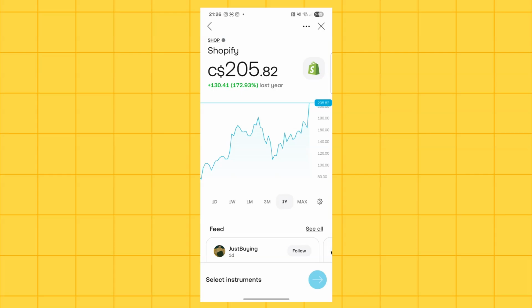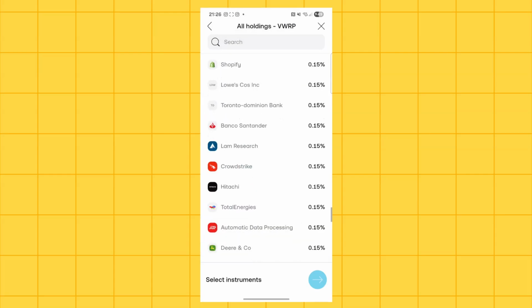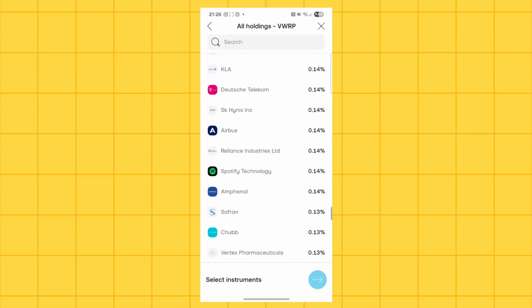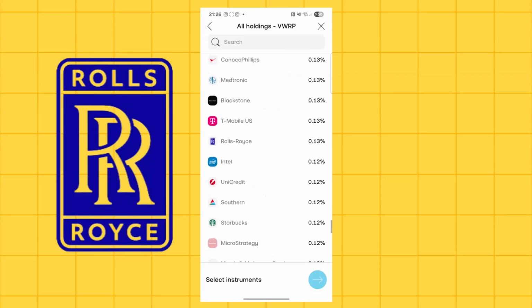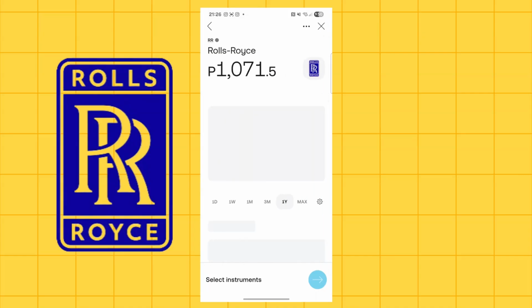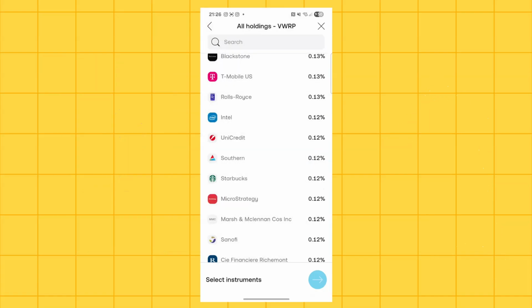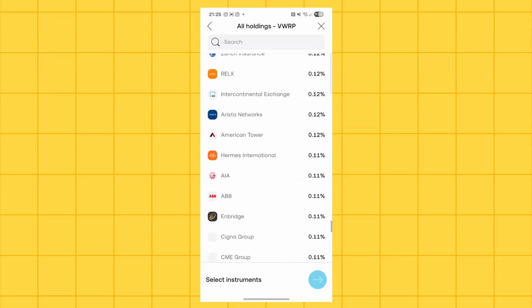Having this ETF gives you the ability to not have to know what each stock is doing, but just to be able to have a little bit of a cover on everything major in the global market. Rolls-Royce, another company within the UK markets, and this year it's up 130%. But I don't think a lot of people would have predicted it, especially people like us for whom trading isn't a full-time job. So as I go down, you may notice that each company has a smaller and smaller percentage,